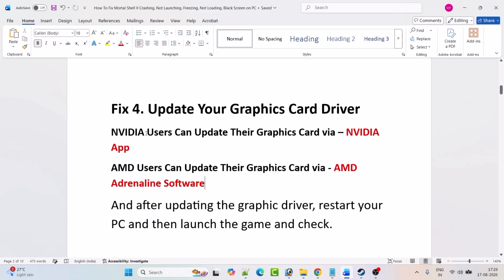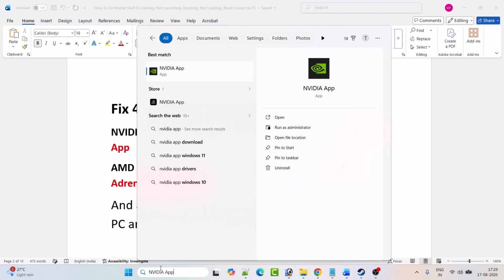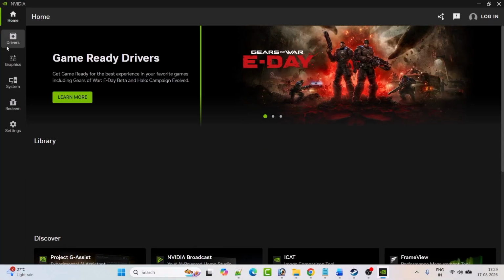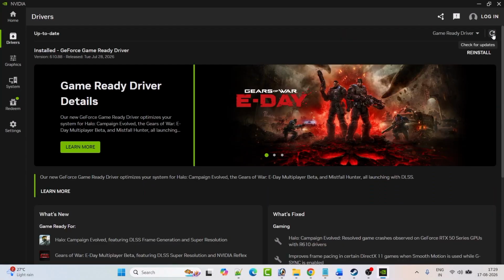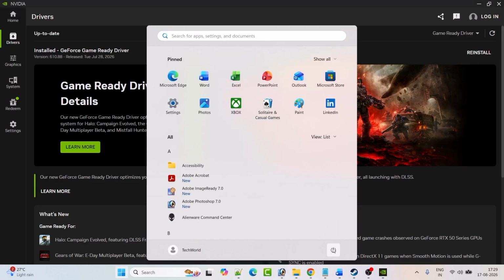Fix 4 is to update your graphics card driver. So NVIDIA users, in Windows search type NVIDIA app and open the NVIDIA app. Then go to the driver section and click on check for updates. If there are any updates available, you will see the download button over here. Click on download and install it. After updating your graphics card driver, just restart your PC and then you can go ahead, launch the game